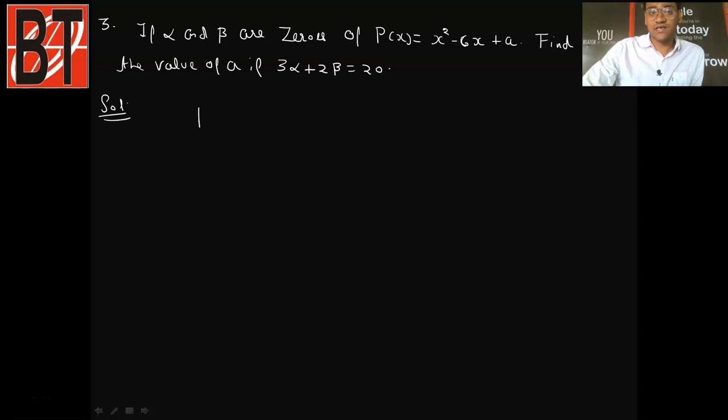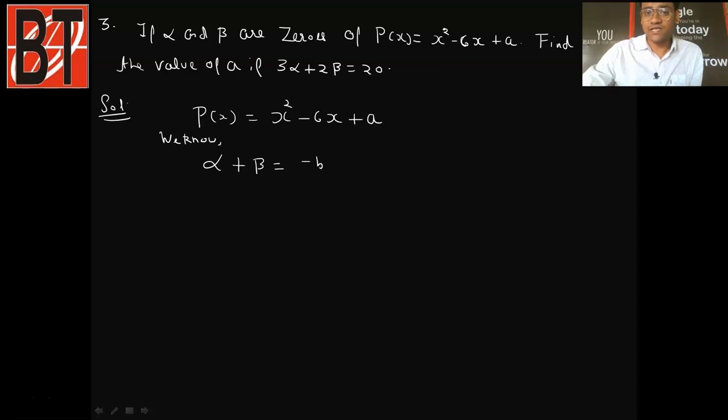Okay, so let me just use the relationship we studied. Okay, students, here p(x), if I ask you what is the value of a, just tell me. A was nothing but the coefficient of x square, so the value of a is 1. The value of b is minus 6, you can check, and the value of c is a. Now students, since alpha and beta are the given zeros, can I directly use the relation I studied? Alpha plus beta is equal to minus b upon a. Okay, so let me write, we know alpha plus beta is minus b by a.